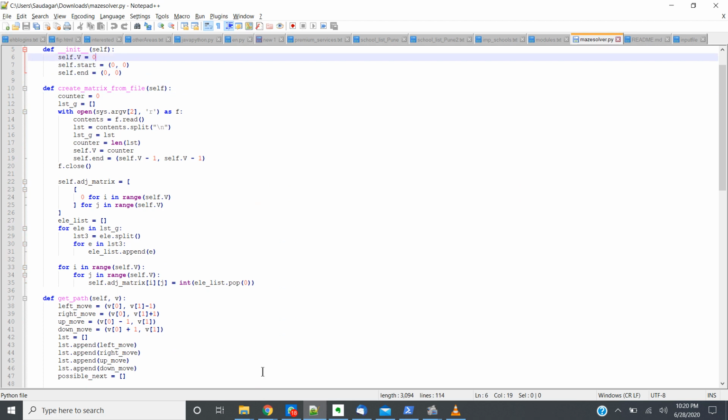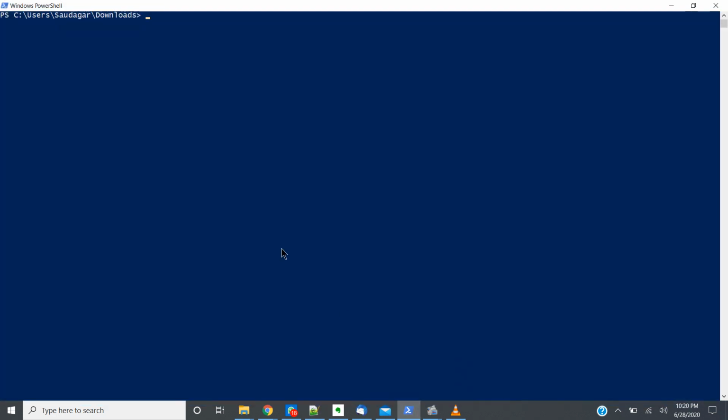See, I can also run this project in the command prompt. This is my command.